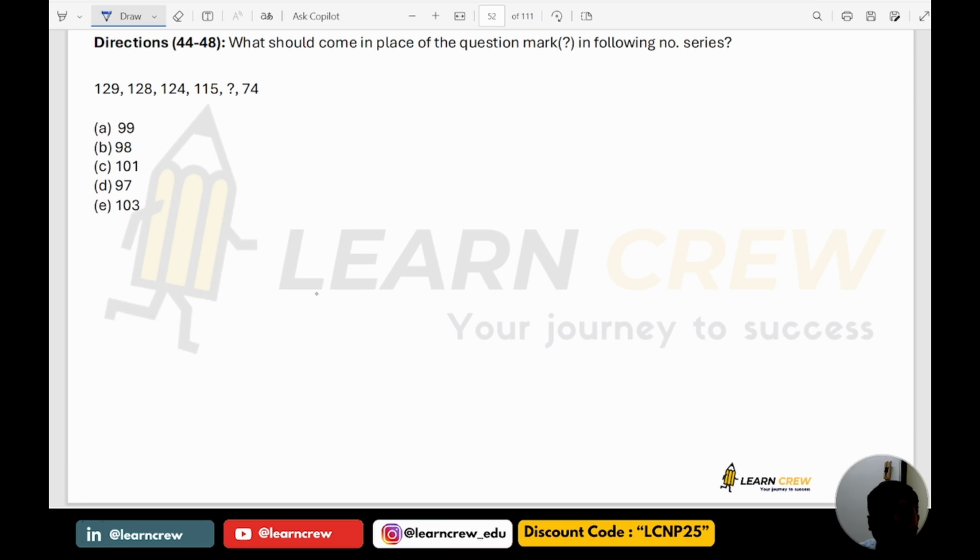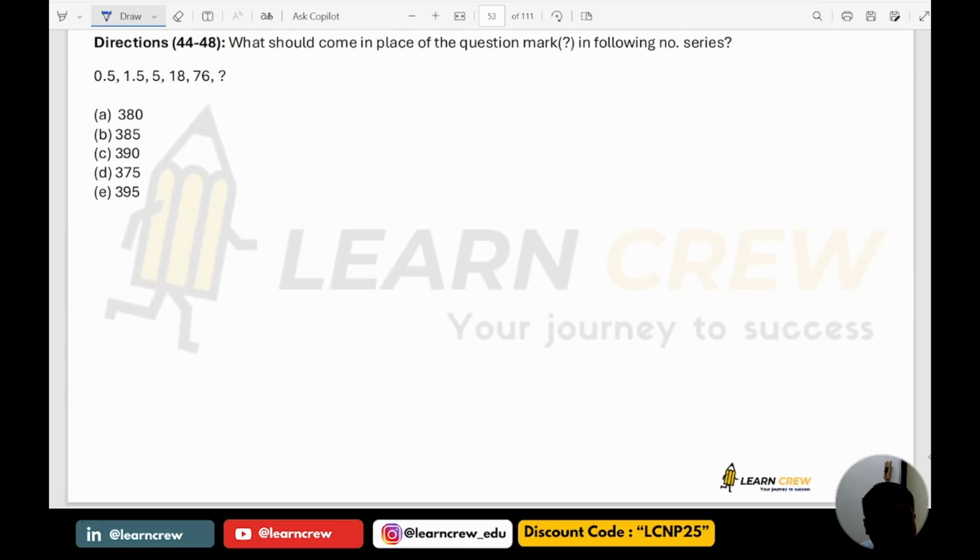Next, if you see here, the difference here is 1, here it is 4, here it is 9, here it has to be 16. 115 minus 16 is 99. So perfect squares are the differences. So 99 is the answer. Next,